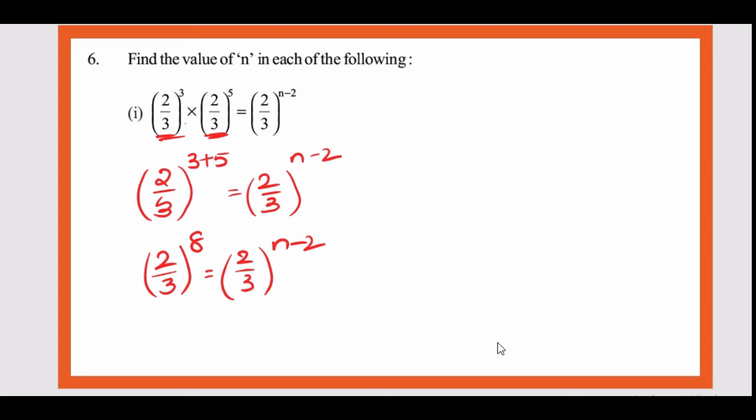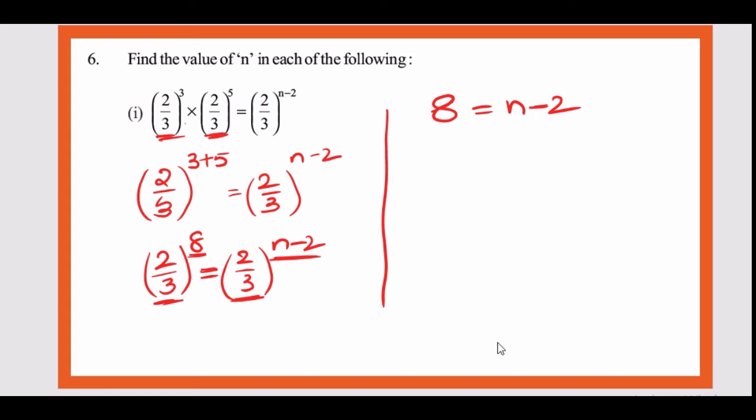single terms, right? And that too, in this equation both the bases are same. In an equation, whenever you have an equation, if bases are equal, on left hand side if you have only one term and right hand side also if you have one term, and if their bases are equal, then automatically exponents also will be equal. So from this what can I say? This 8 is equal to n minus 2.